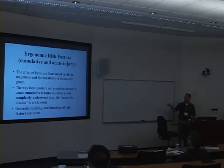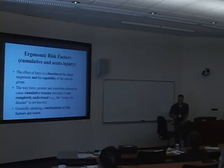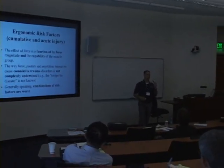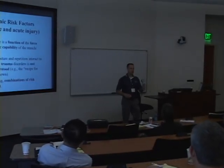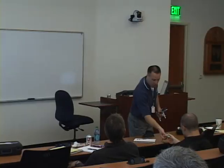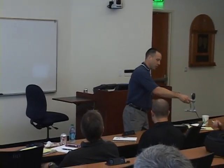In here, we have the effect of the force is a function of the muscle groups being used. So I like to do a demo. Now, Alice wasn't here. I was going to have her do this. I was going to have her squeeze this, and I was going to tell her that the occupational safety group went over on their budgets again and see how much she squeezed. But I'm going to see who's stronger. All right, so can you pinch this? Let's see what you got. Okay, so